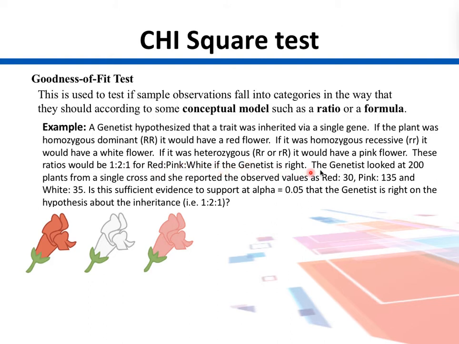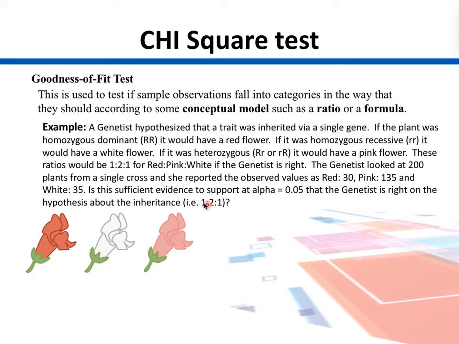If the geneticist is right, she looked at 200 plants, that's our sample size 200, from a single cross, and she reported the observed numbers as red equal to 30, 135 pink and 35 white flowers. Is this sufficient evidence to support, at alpha 0.05, that the geneticist is right on the hypothesis about the inheritance? And do we have the ratios being followed, 1 is to 2 is to 1, or